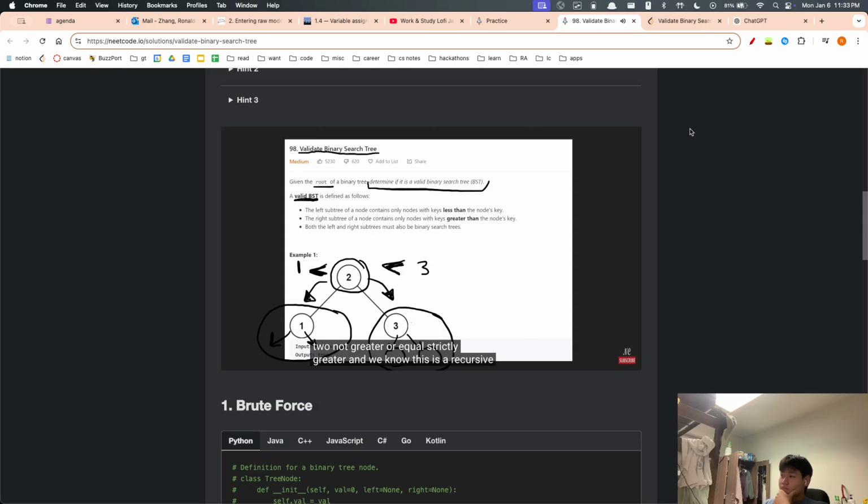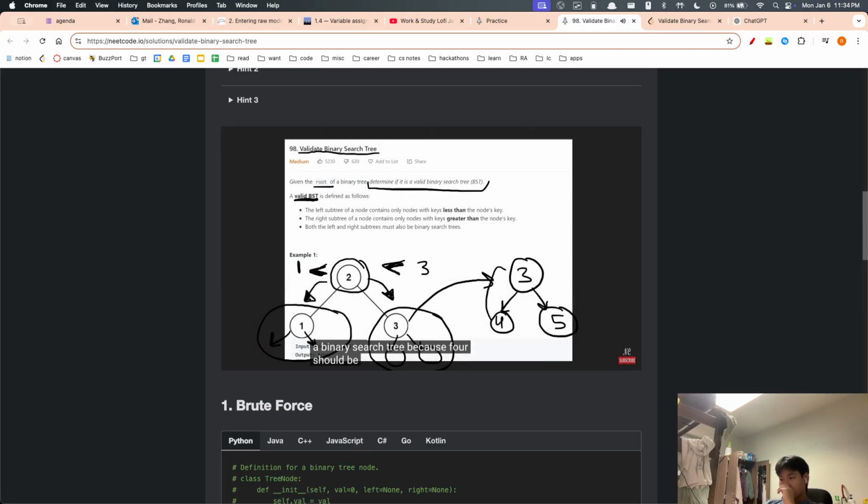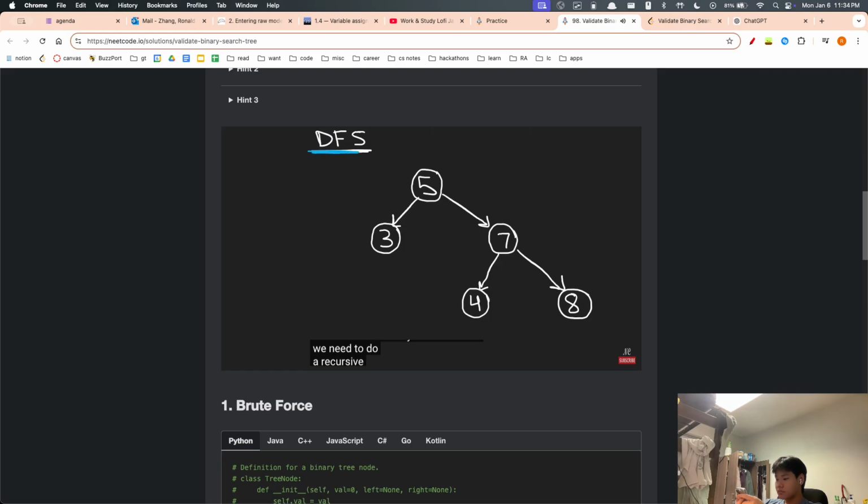And we know this is a recursive definition, so if we had 3 and it had some children, like 5, and maybe 4 over here, we see that it's not a binary search tree because 4 should be less than 3, but it's not. So this is not a binary search tree. So we need to do a recursive depth first search to solve this problem,